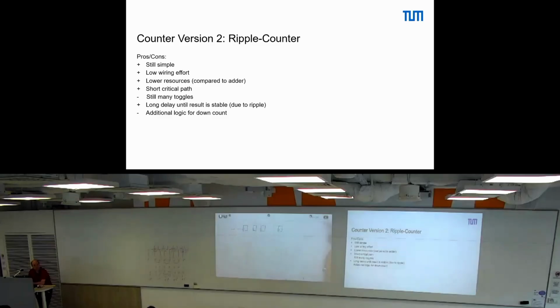We want to count every time we have some input data. So we have here Q and Q bar always, and then we connect Q bar here to the next input and feed it back, meaning